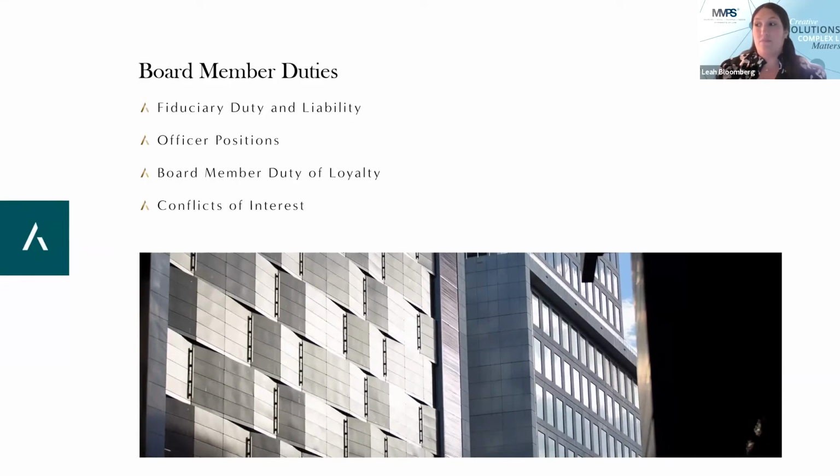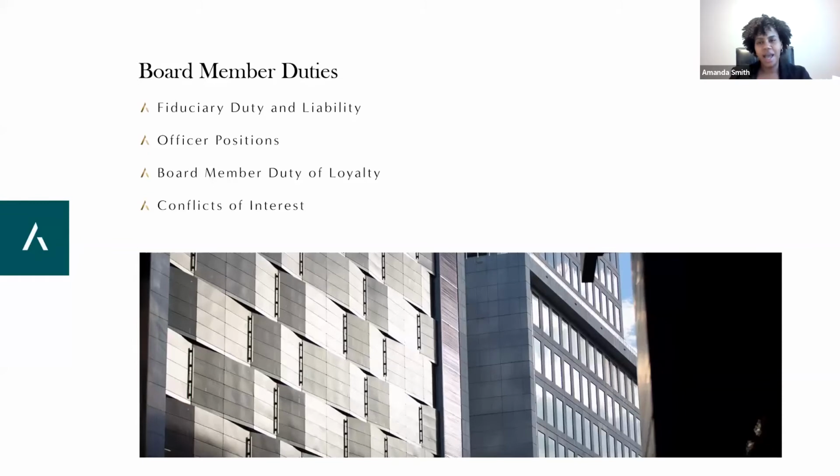Those people that are serving on the board just to get that construction contract or to get that leg up on the transaction are obviously not working with the fiduciary duty under the best interests of the building, right? They're doing it more for themselves than they are the entity. And so that's where your liability comes into play, and your insurance coverage might not protect you. But we'll talk about that a bit later.